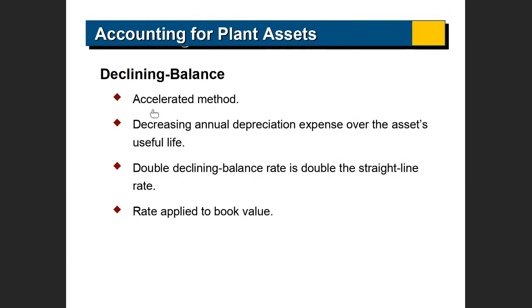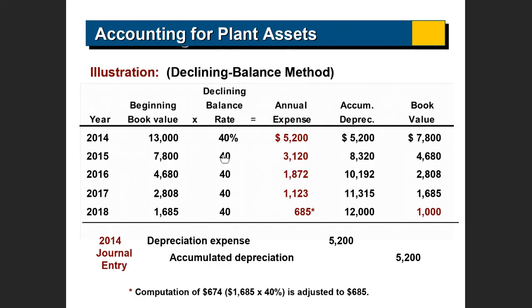Declining, this is an accelerated method, so your depreciation is going to be more in the first years. And there is a particular method in the declining that is called double declining. Double declining is using twice as much as the straight line method. So whatever the straight line method was, you depreciate double the amount, right? The way it works is like this. Remember, in the previous example, we had,